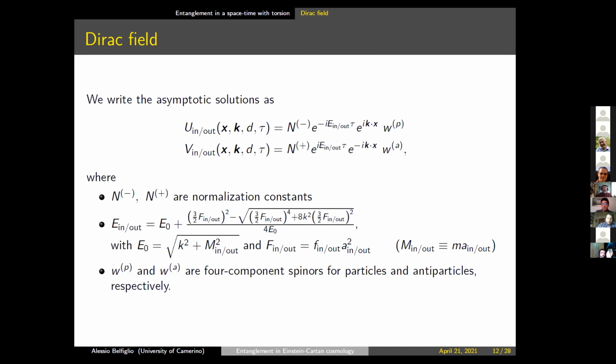And here are the solutions that in general are quite complicated, because the four-component spinors here have a complicated form, while the energy is, of course, modified by the presence of the torsion field. And in order to try to characterize entanglement, the idea is well known, the same idea used in general